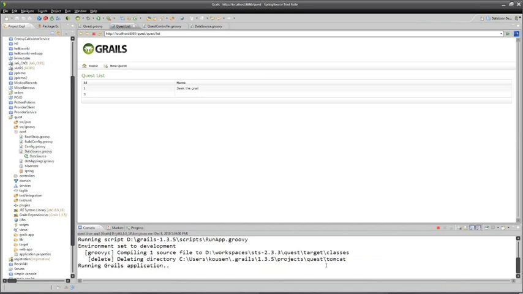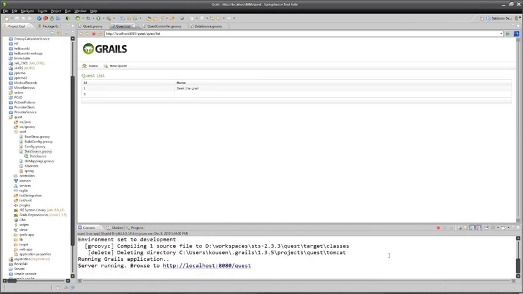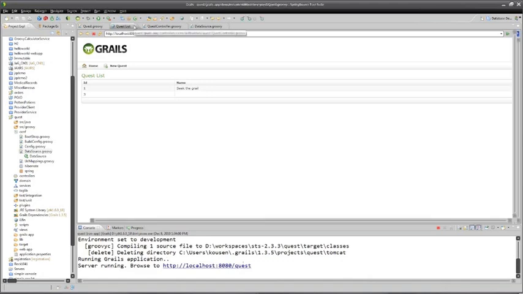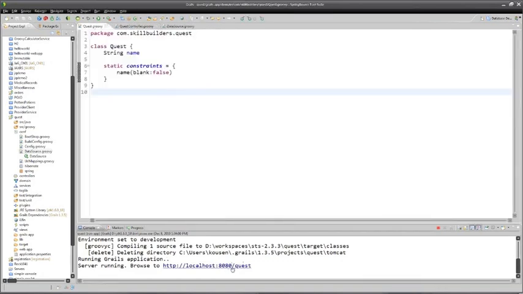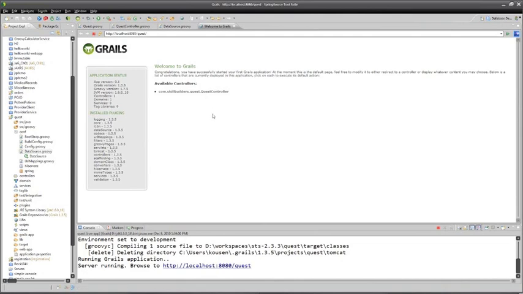Since this is using an in-memory database while we're in development mode at the moment, I'm going to lose all of the data that I've already put in. There's a way to pre-configure the data, and there's also a way, of course, to make sure you don't lose the data. Let me close that existing window and then open up the new one and go to my quest